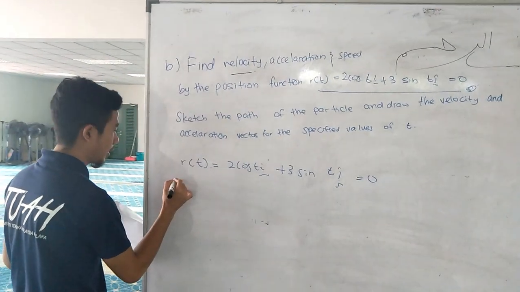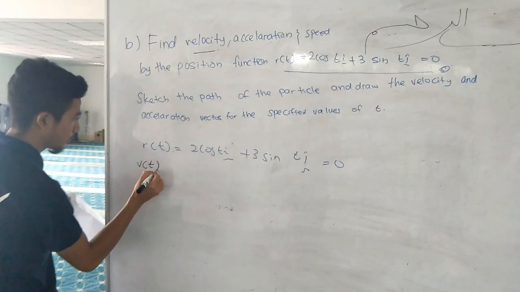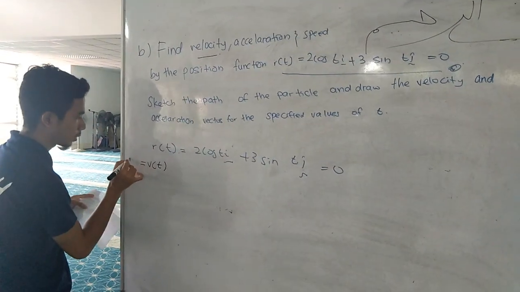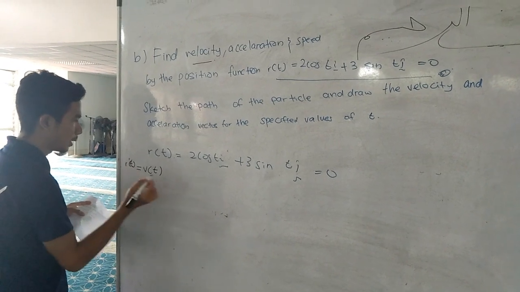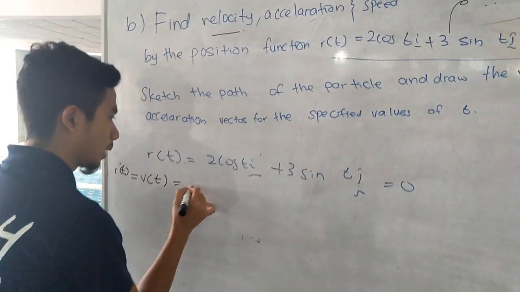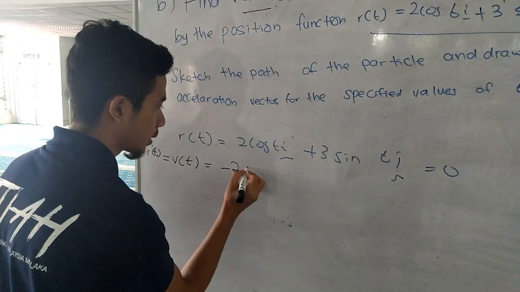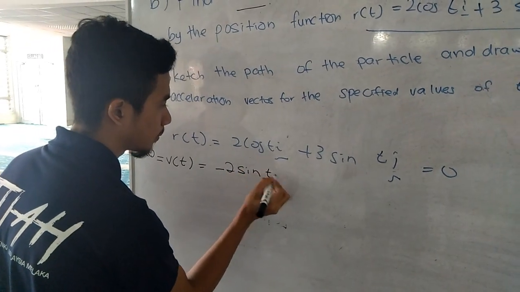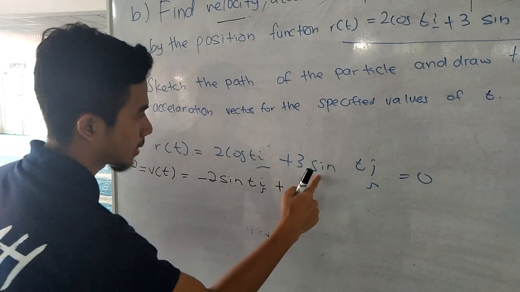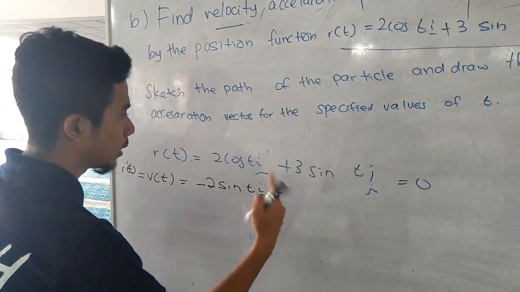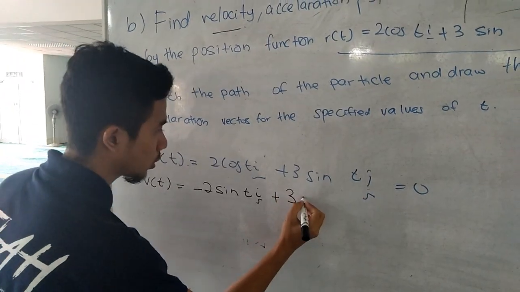So the velocity, r prime t, is equal to, for cos, if you differentiate, you get the negative sign, negative 2 sin t i, plus, for sine, when you differentiate you get 3 cos